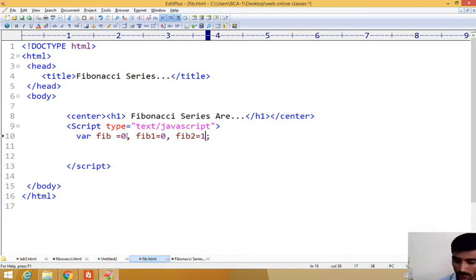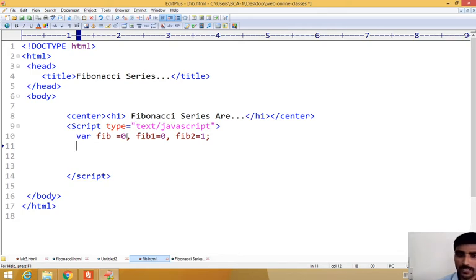Then after that, I want to give a prompt, because the browser will ask the user to enter the number. For that, what I am writing is number, a variable. Number is the name of the variable that stores the number, for example 5. Number is a storage variable. If I want to ask for the number, I am using a prompt. In the prompt we are entering the number.